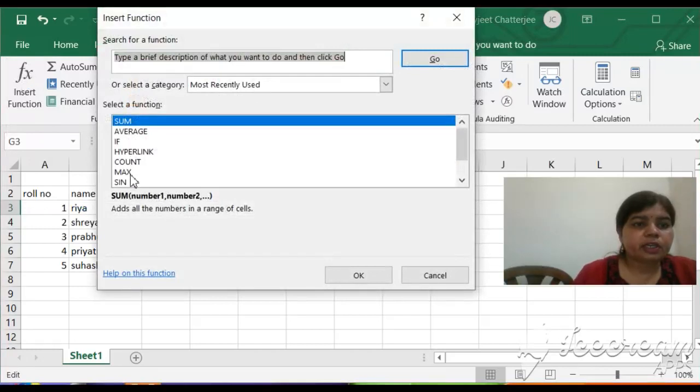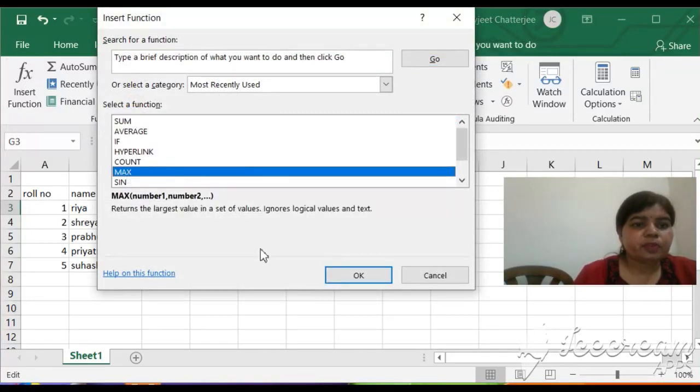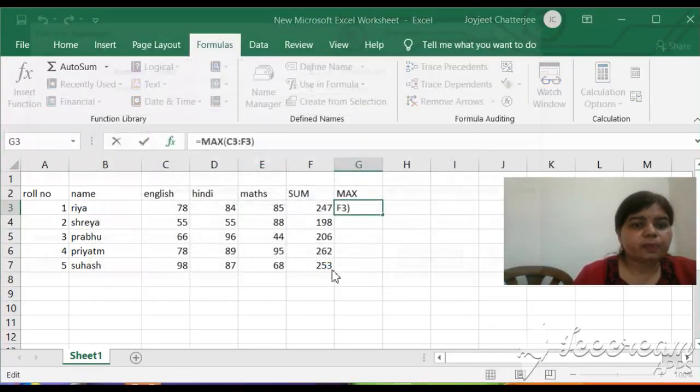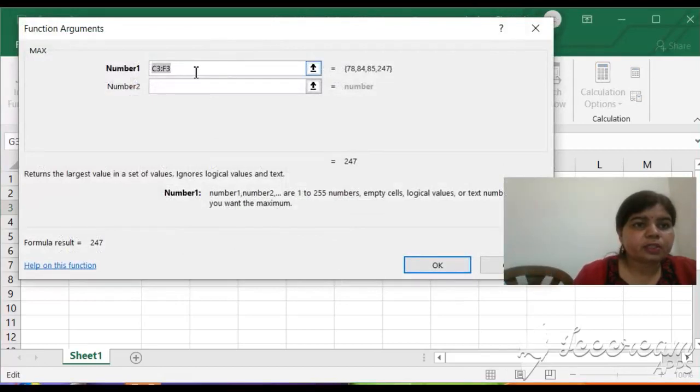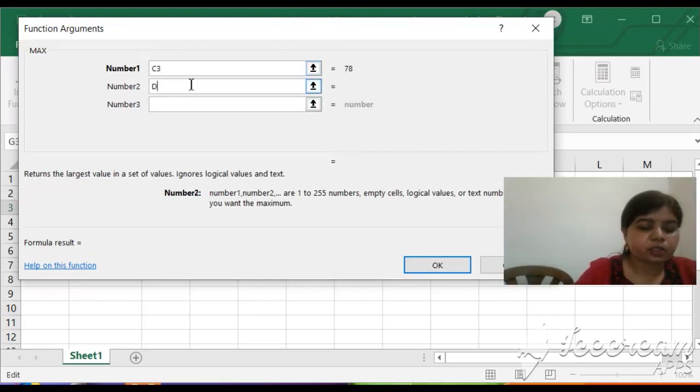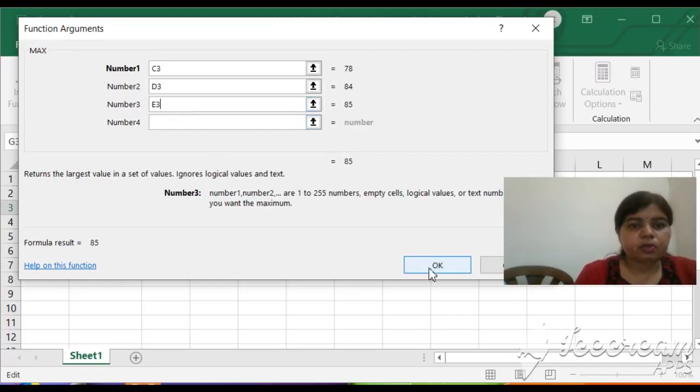Here in the insert function dialog box, select a function. First of all, MAX function, then click on OK. And here you can see it is selected. Otherwise, you can type C3 and next you can write D3, and next one is E3. Click on OK.